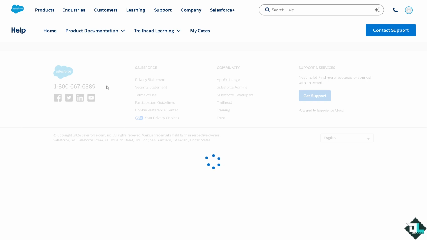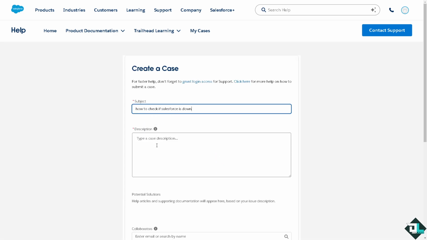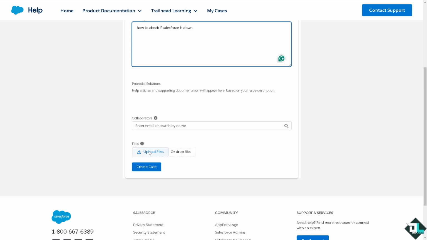Now, you would be forwarded here in the subject. You can put in some files or screenshots that you are having problems checking your account or that Salesforce is down, and they would give you insights and troubleshooting steps in case this is an isolated case or not. All right,